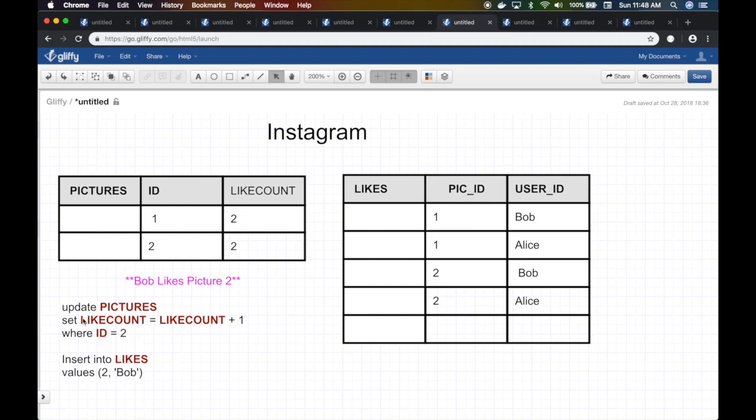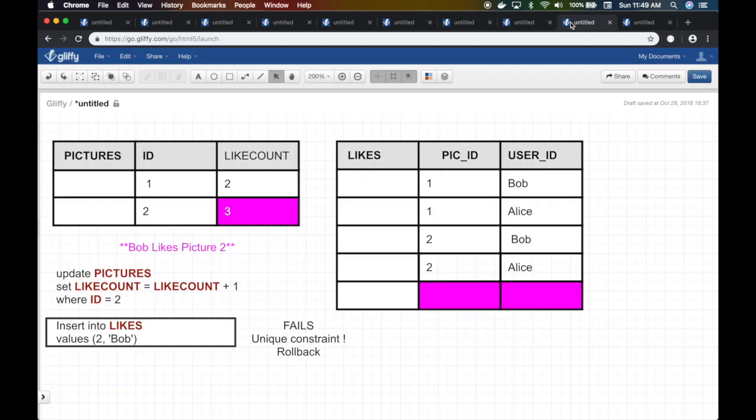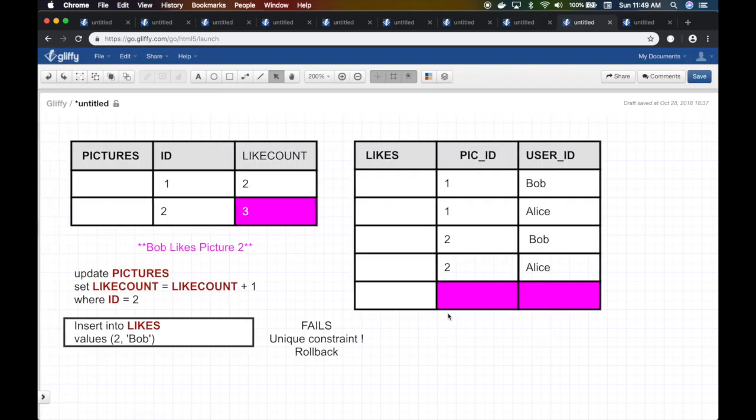So similar, right? So the same thing. Picture ID is the only difference, to Bob, right? That's the only difference here. So let's go ahead and execute the first thing. And that seems to go well. I just increment the number of likes, right? So now I have 3, right? 3 likes. Okay, I increased that. And now I want to go ahead and insert a new row in the picture ID, which will fail because